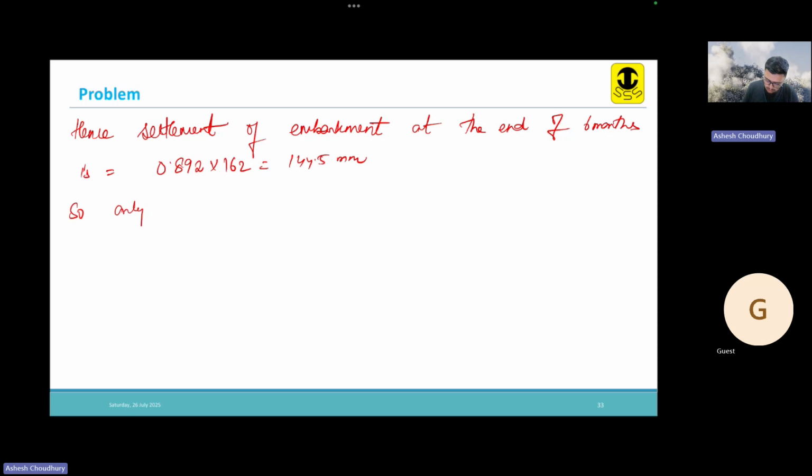So only 162 minus 144.5, that is 17.5 mm